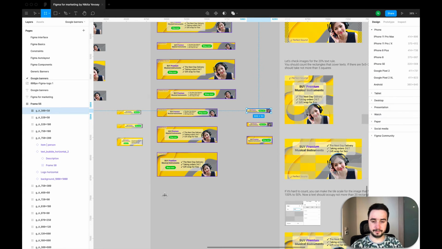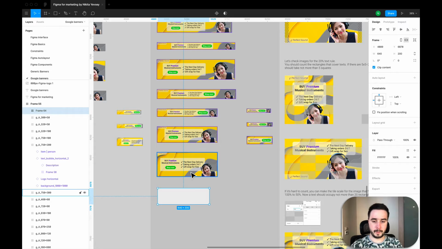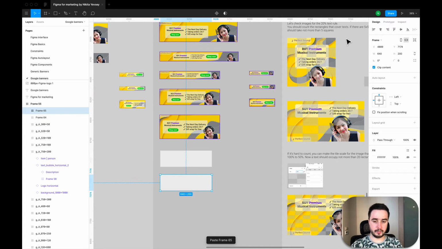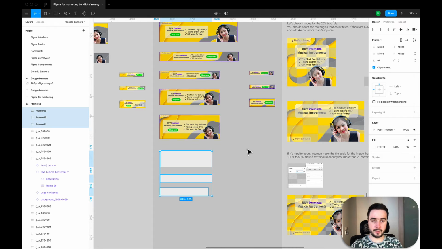They will be 640 by 200, another will be 640 by 100, and 600 by 100. Okay, so you can use these three formats, but there is one important note: you can't